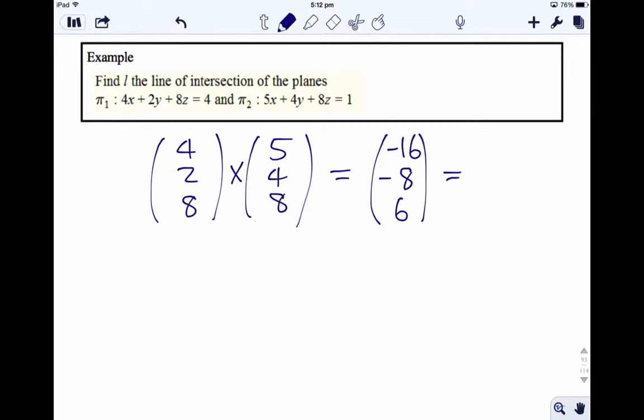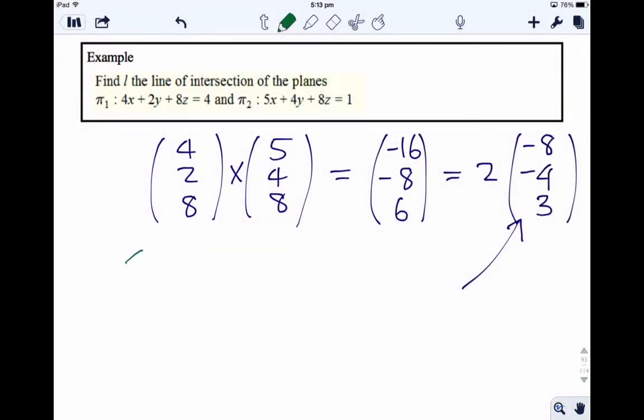And as a few of you asked me, yes, you can take out a common factor here. So you could take out a common factor of 2 and call this negative 8, negative 4, 3. That would also be a vector that's normal to the planes and therefore in the direction of the line. So you can use either one, it doesn't matter. Now we just need 1 point on